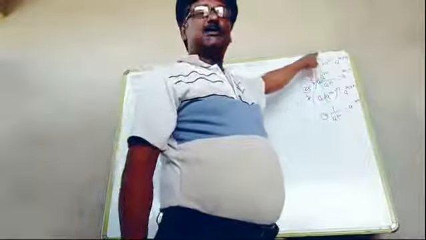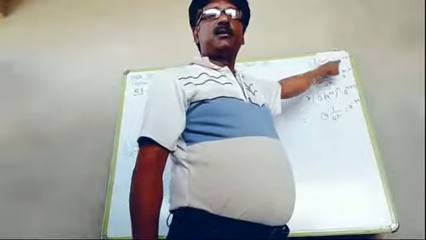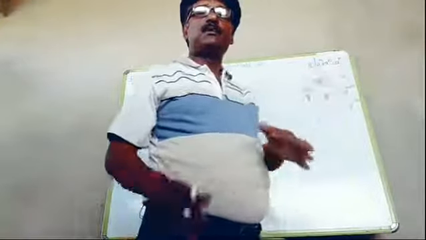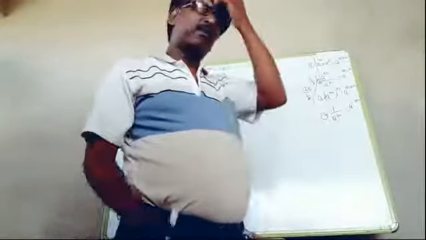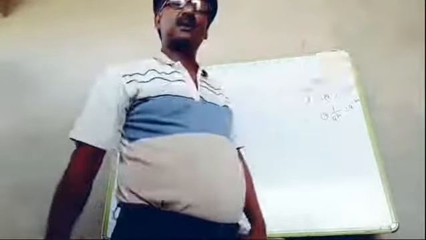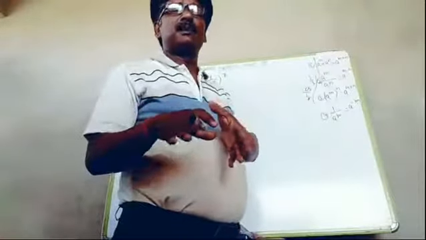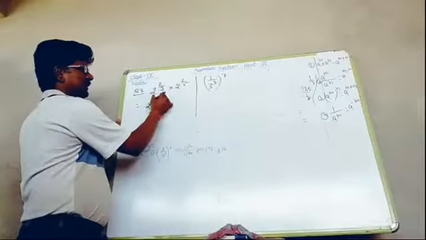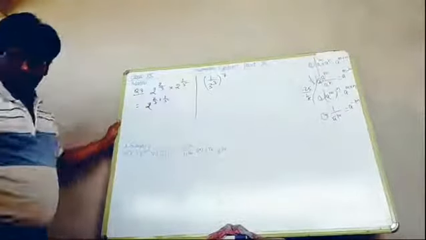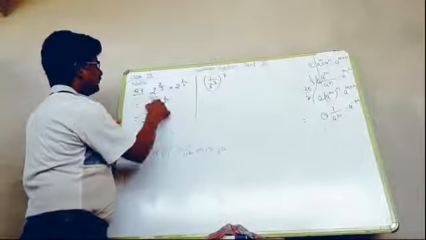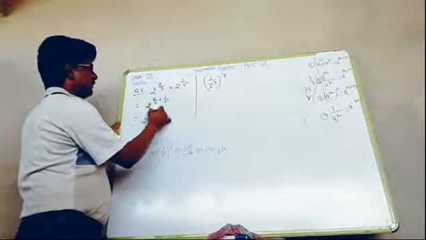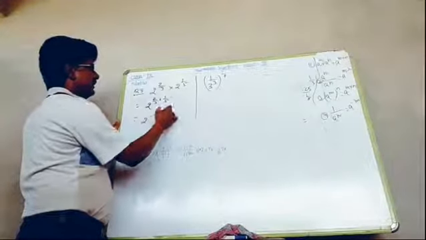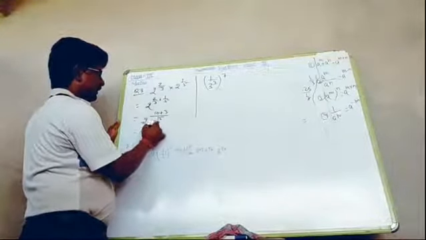See, there is the first law. A is raised to power m into a is raised to power n is equal to a is raised to power m plus n. Means when two numbers are multiplied where bases are same, in that case we have to take base as common and we have to add all the powers. So this can be written 2 is raised to power 2 by 3 plus 1 by 5. So write 2, its LCM will be 15, 5 threes are 15, 3 fives are 15, that will be 2 is raised to power 13 by 15.